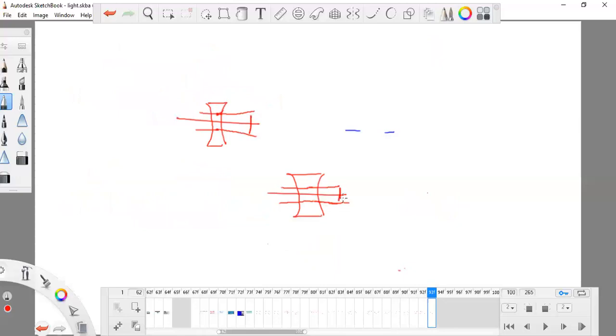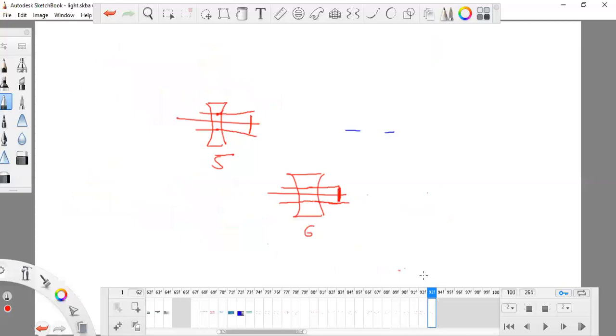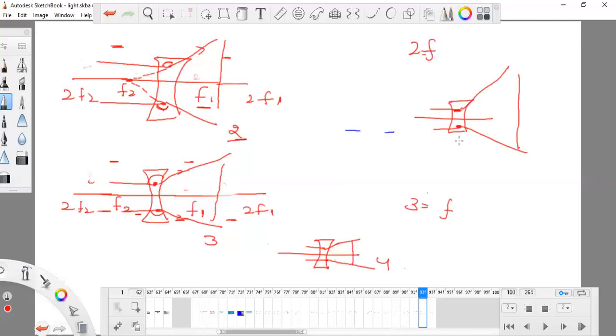You can see that they are diverted, but very less diverted because it has focal length 6, focal length 5, focal length 4, focal length 2, and focal length 1. If it has more focal length, and suppose we have something with one focal length, now look at its divergence. Oh my god, it will just go like this. That is the divergence. They are very less divergent and they are very highly divergent. So as the focal length increases, the divergence decreases.